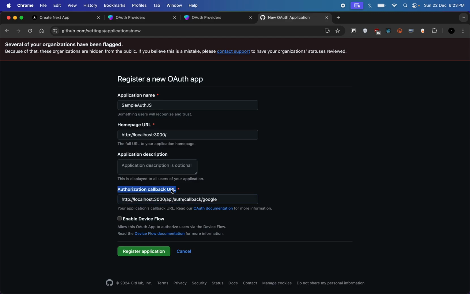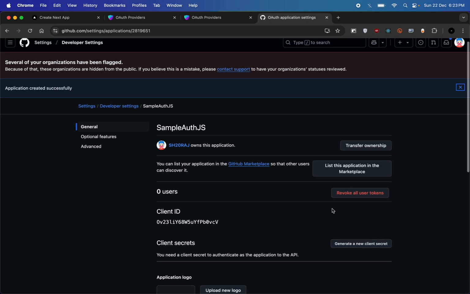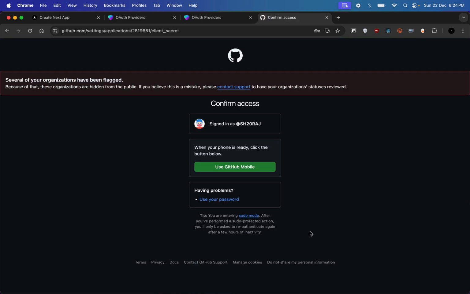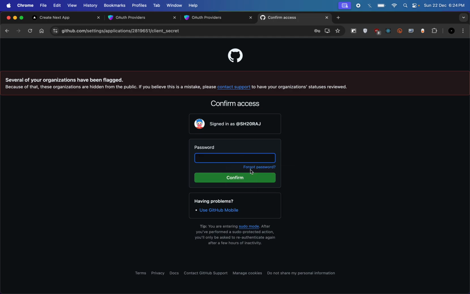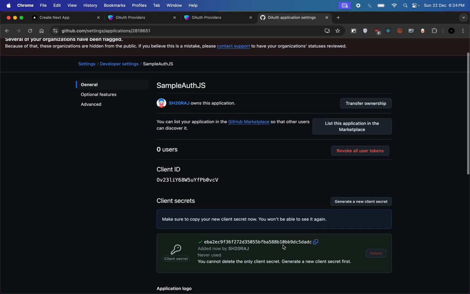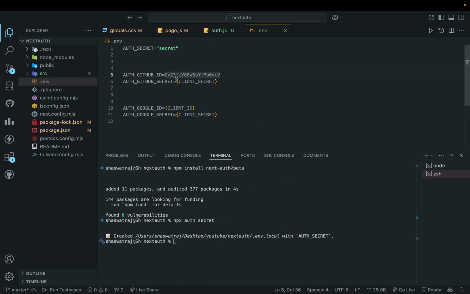It allows only one callback URL, so you have to generate a different OAuth app if you're deploying it on a website like .com or something on the internet. So you have to add a different URL here and get some different tokens from here. So now let's just get the client ID, and generate a new client secret. The client ID, and make sure not to show this to anyone, but I will delete this later. Just paste it here,